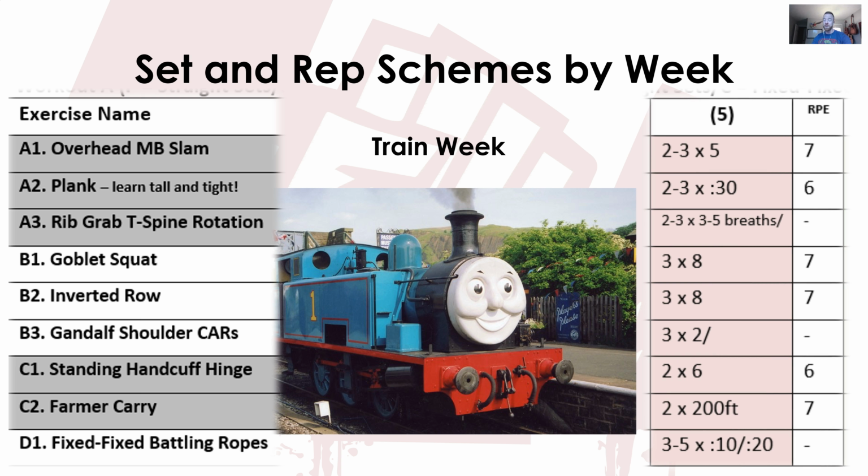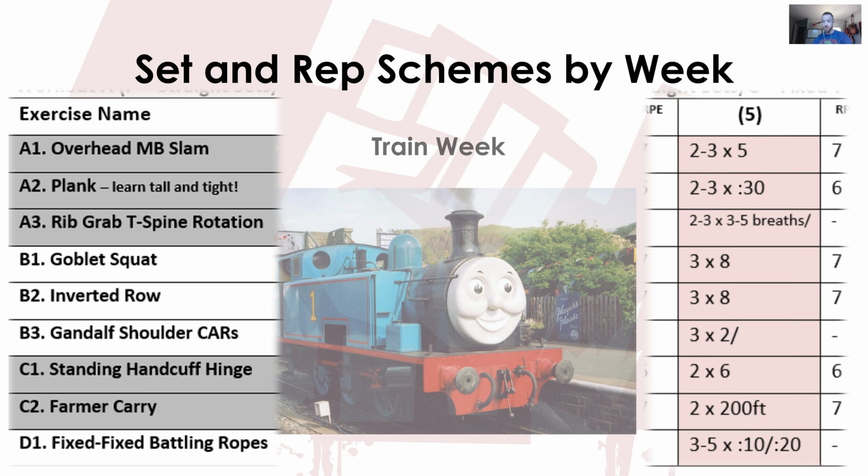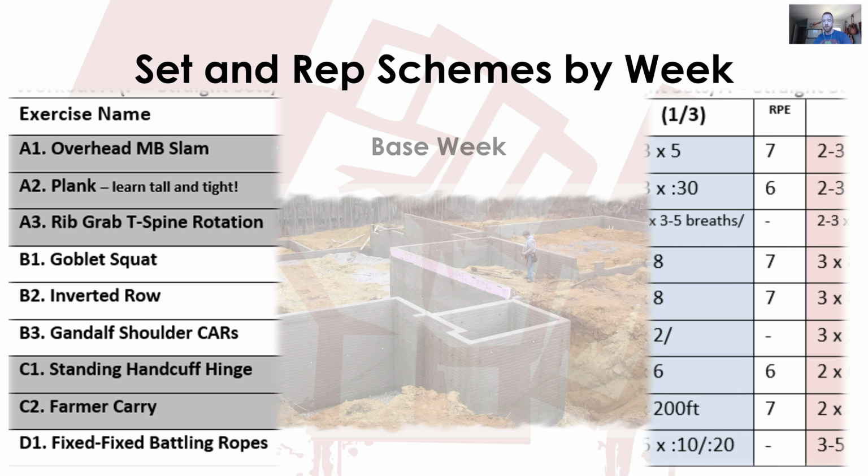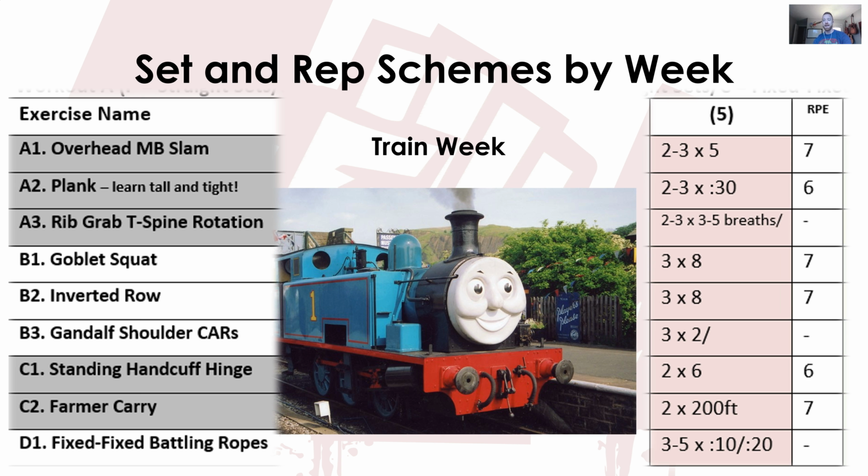Then, when we get into week 2, we call it our train week. So if we've done things right during base week, not only did we kind of feel things out, we wrote down the weights that we landed on. So to take it a little bit further, goblet squat, 3 sets of 8, RPE 7. We really are just trying to find out today, in the given state that we're in, what an RPE 7 is for our goblet squat. That's the baseline that we're setting.